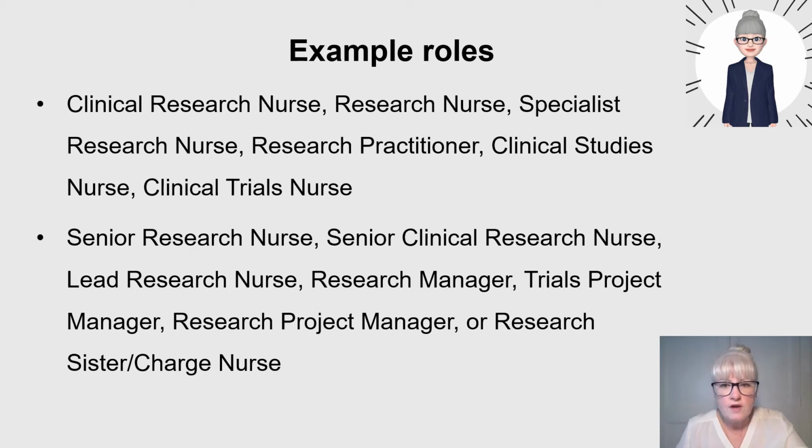The sort of responsibilities that more junior research roles may include: collecting research data, documenting, monitoring research subjects, and responding to adverse effects. And you're working with a multidisciplinary team or research team. You might manage a caseload. You may become involved with informed consent and adhering to the study protocols,